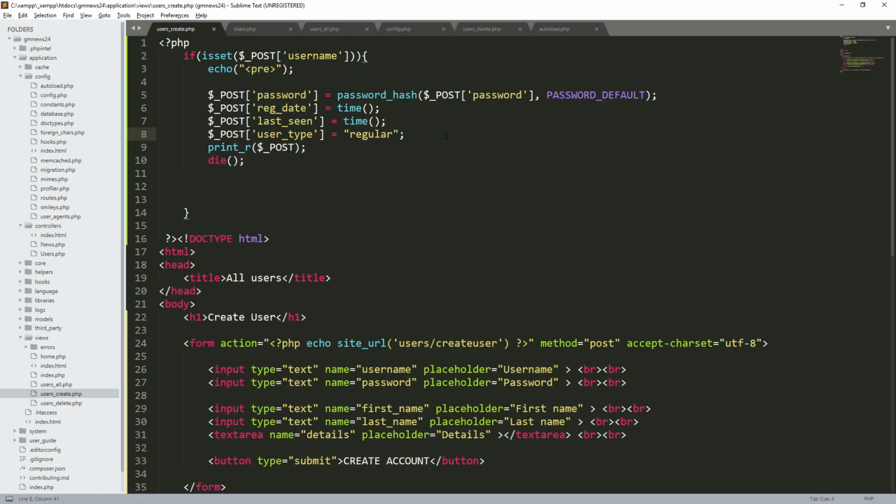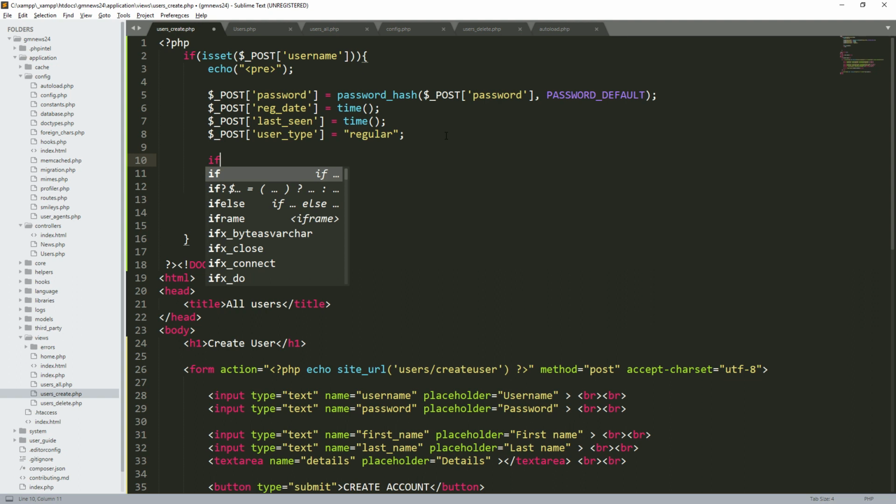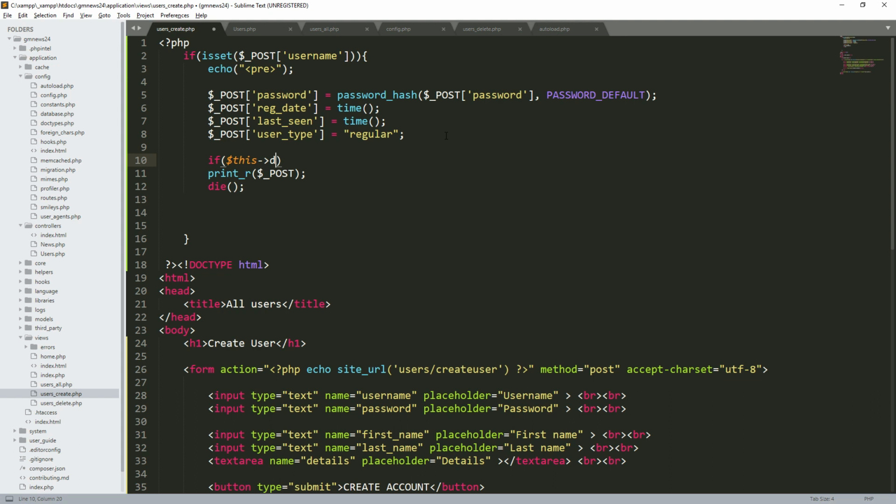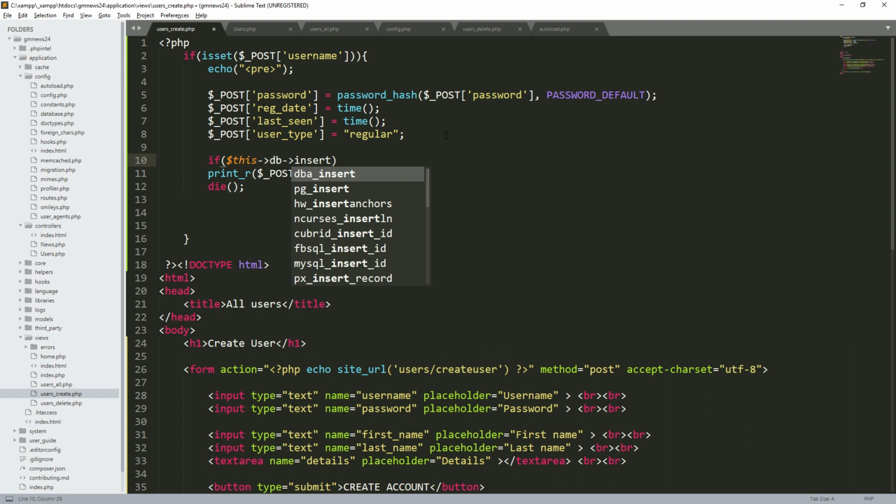So to do that, you can surround it with your if condition to check if it will be successful or not. So I say if this, then you point at db, and then you point at insert. Okay,